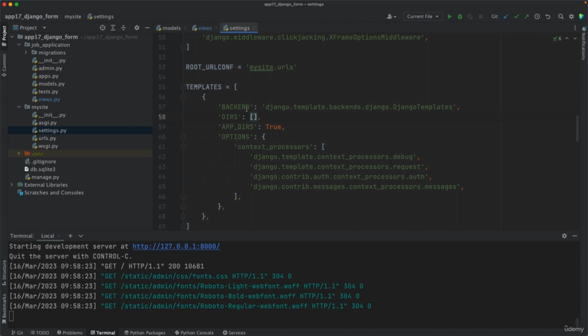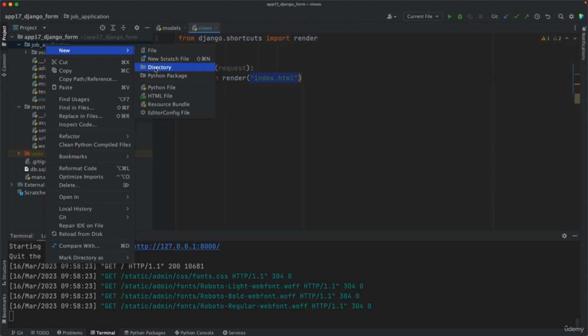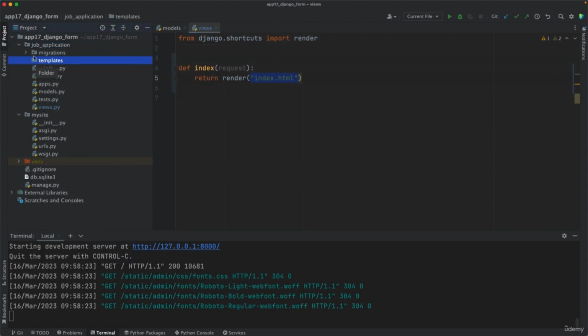But if you don't specify them, which I do recommend, so don't specify any name, just close this, don't change anything. So if you don't specify them, then Django assumes that they are inside a templates directory,